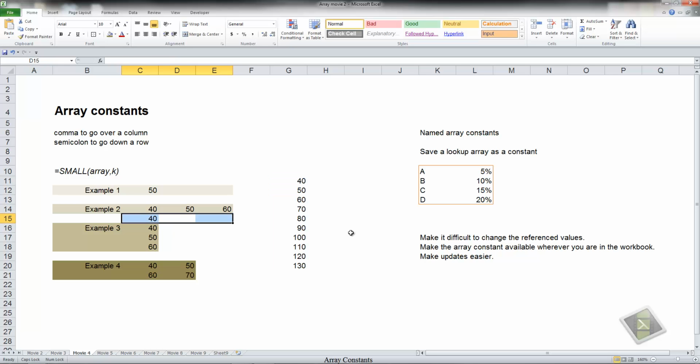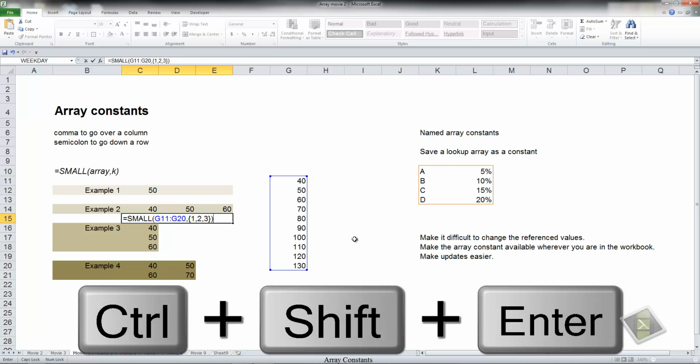And what happens? Well, not what we wanted to happen. So I'm going to enter that again. I'm going to select the array, comma, left curly bracket, 1, 2, 3, separated by a comma, right curly bracket, close the formula with the right parentheses, Control, Shift, Enter,